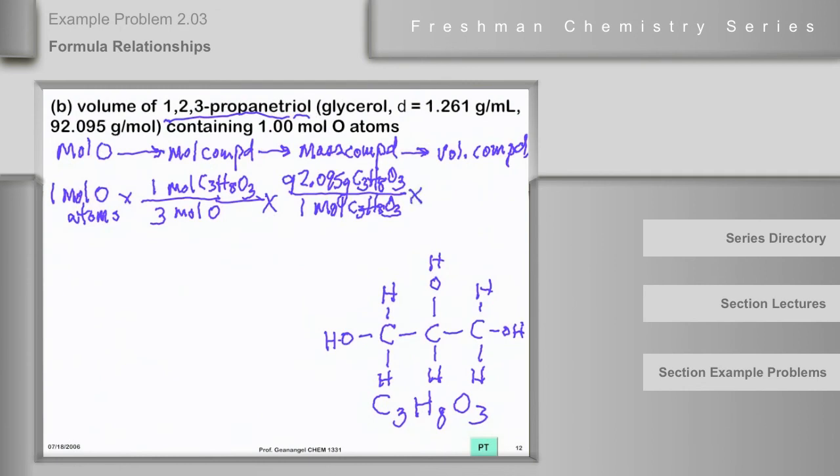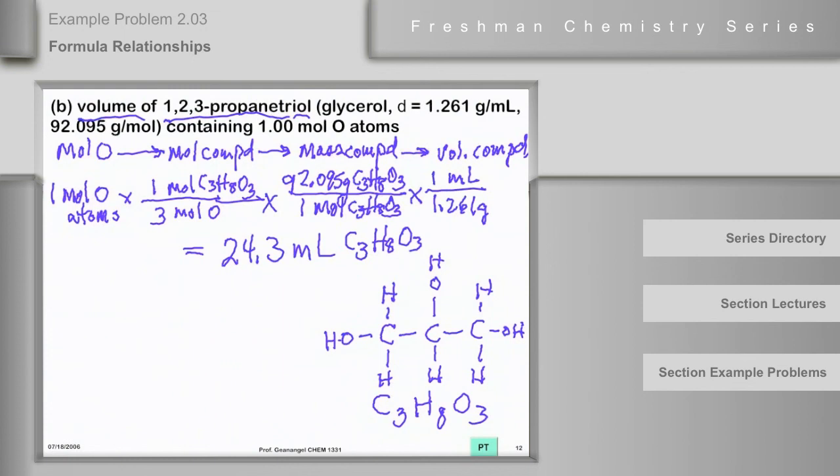All we have to do now is to convert it to volume. And we'll assume that volume in milliliters will be all right since it doesn't say anything. So we have 1 milliliter over 1.261 grams. That's what the density is. This is the inverse of the density. And I know I have to use the inverse because I have to get rid of the grams. They have to cancel out and get it to milliliters. And when I do that, if I did my math correctly, I got 24.3